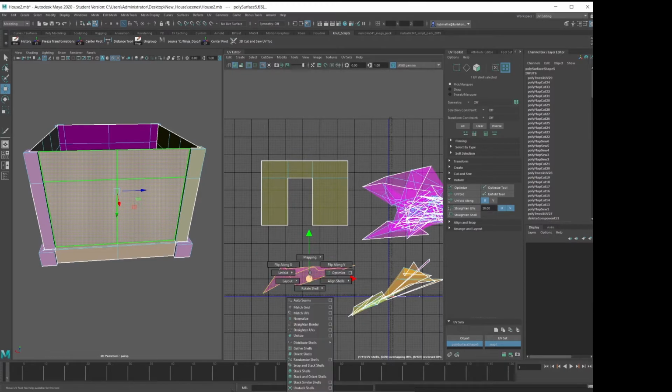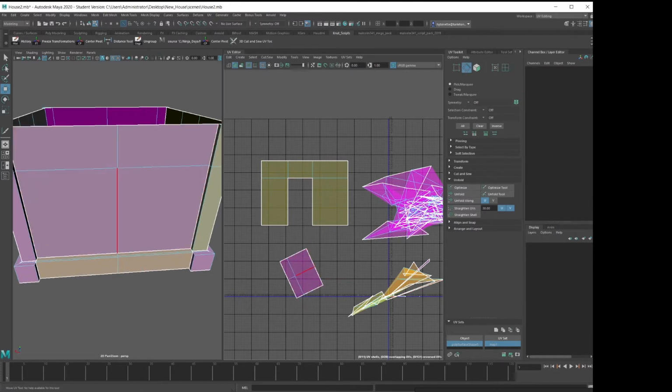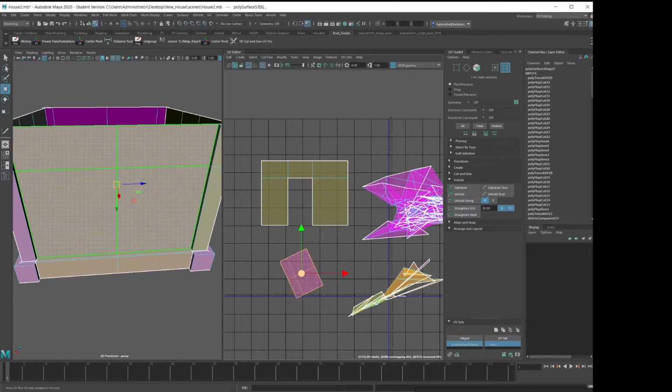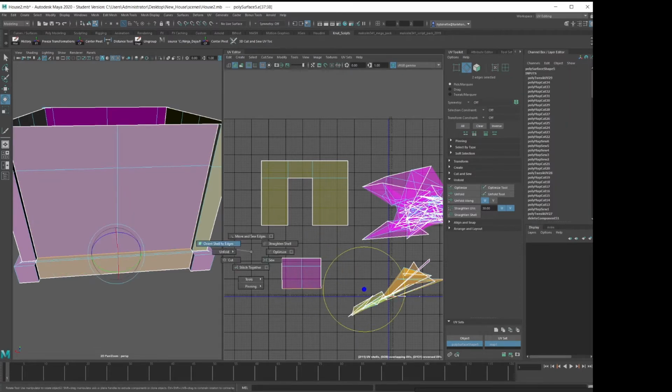So I'm gonna do the same thing, hit Shift, go to Unfold, like that. And you can see that's the top here. So to get to shell here, I'm right clicking, and then I move up to shell here. So I rotate this around. And edge here, these here, and then do,